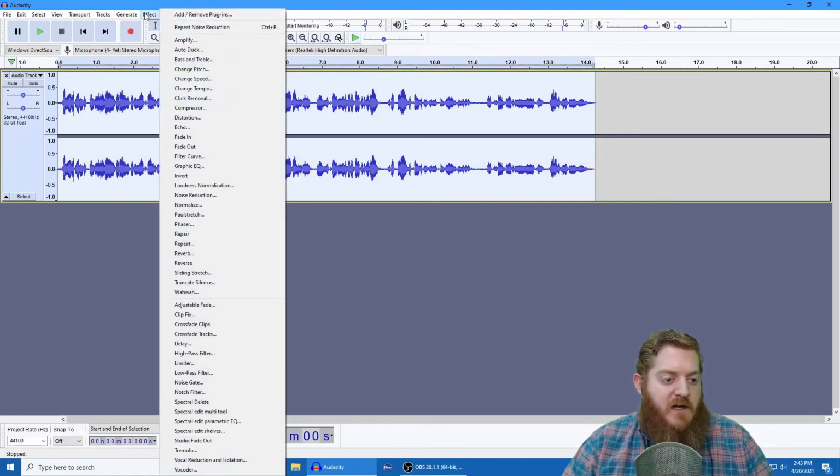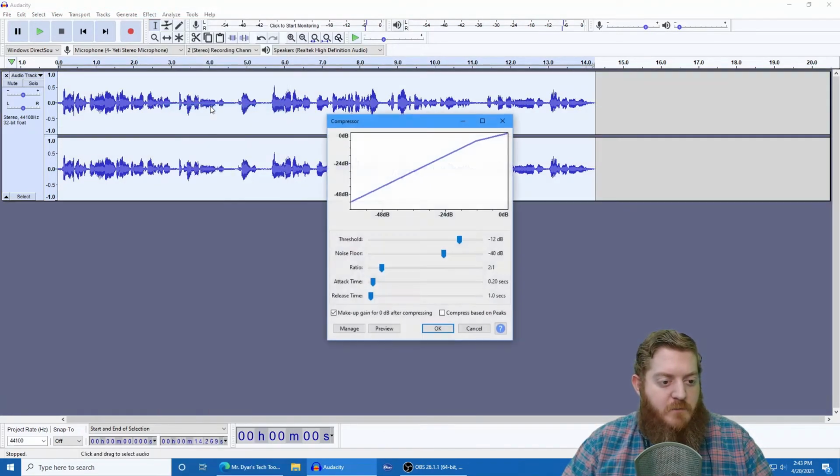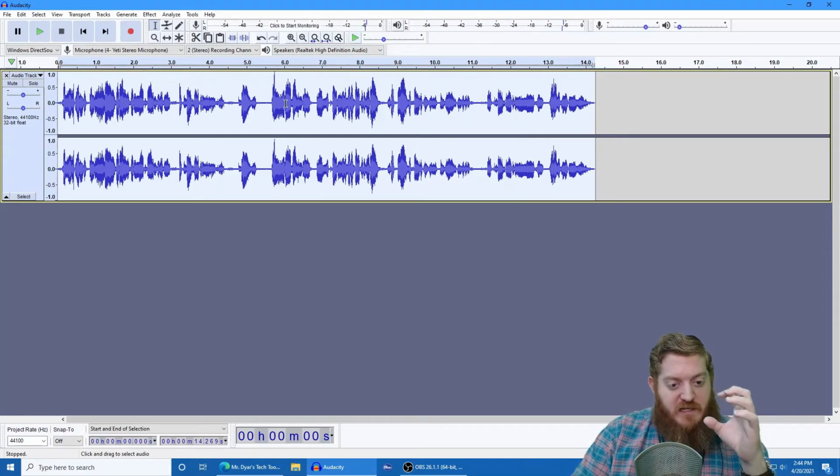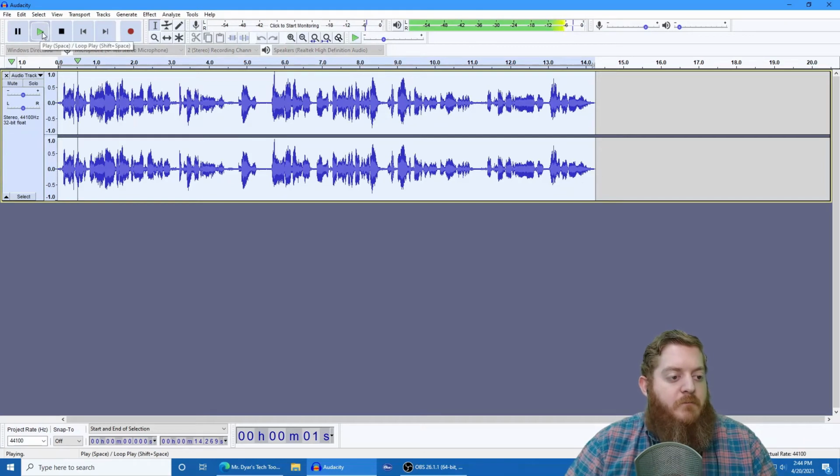So I'm going to go ahead and cut off that ending here, and let's do one more little effect. Let's go to Effects, then Compressor. If you know anything about audio, compressors are great because they bolster up your sound a little bit. They mix the highs and the lows together so they're working in sync. You can see that array of sound just got a little bit broader. It brought everything out a little bit. If I play it: Hello students, I'm so excited that you're in my class. A little bit more booming sounding.